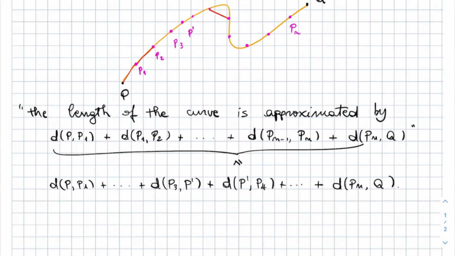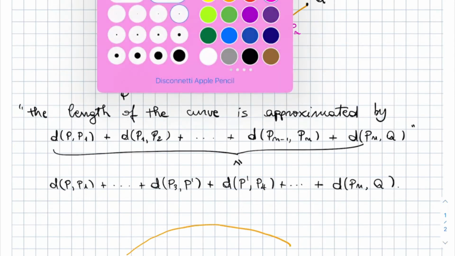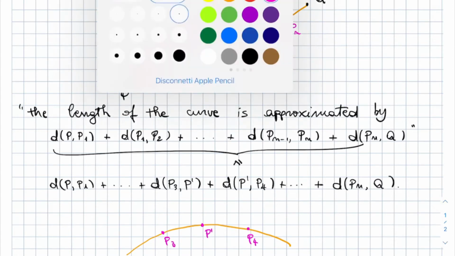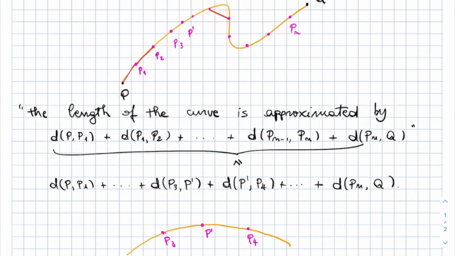This means that we have to focus only on the part of the curve which is very near to P3, P prime, and P4. So let's draw this part of the curve. Here's P3, here's P4, and here's P prime. Then, if we draw these three segments connecting these 3 points,